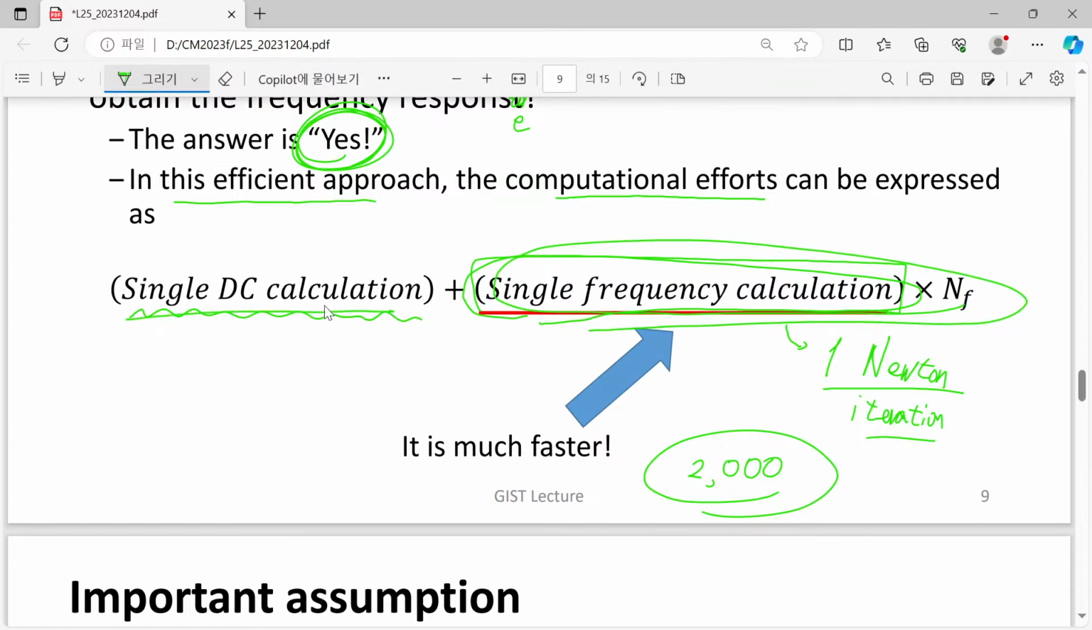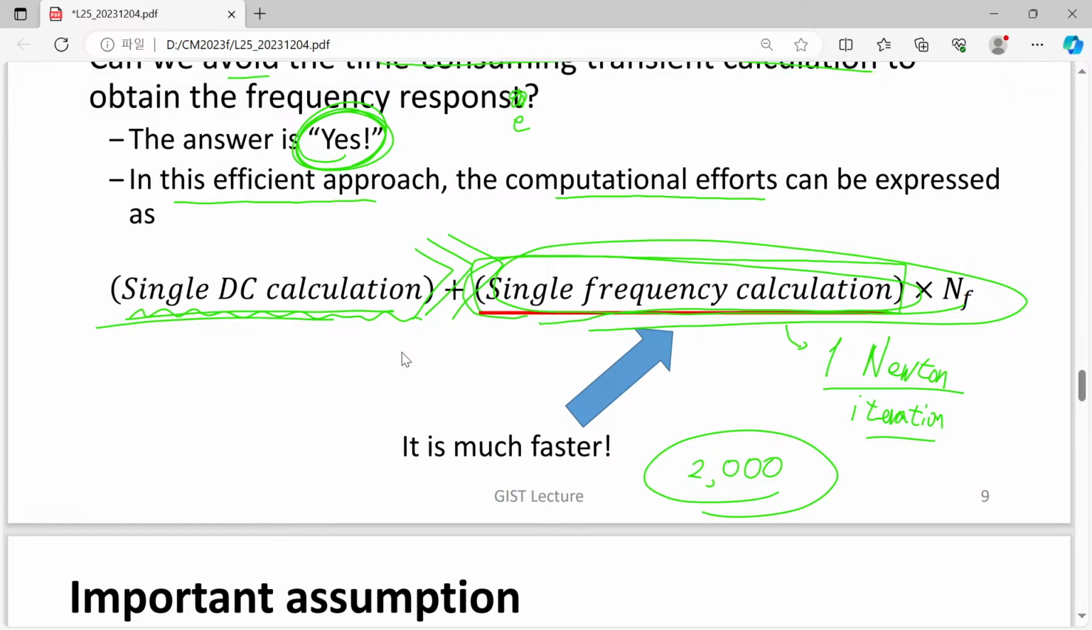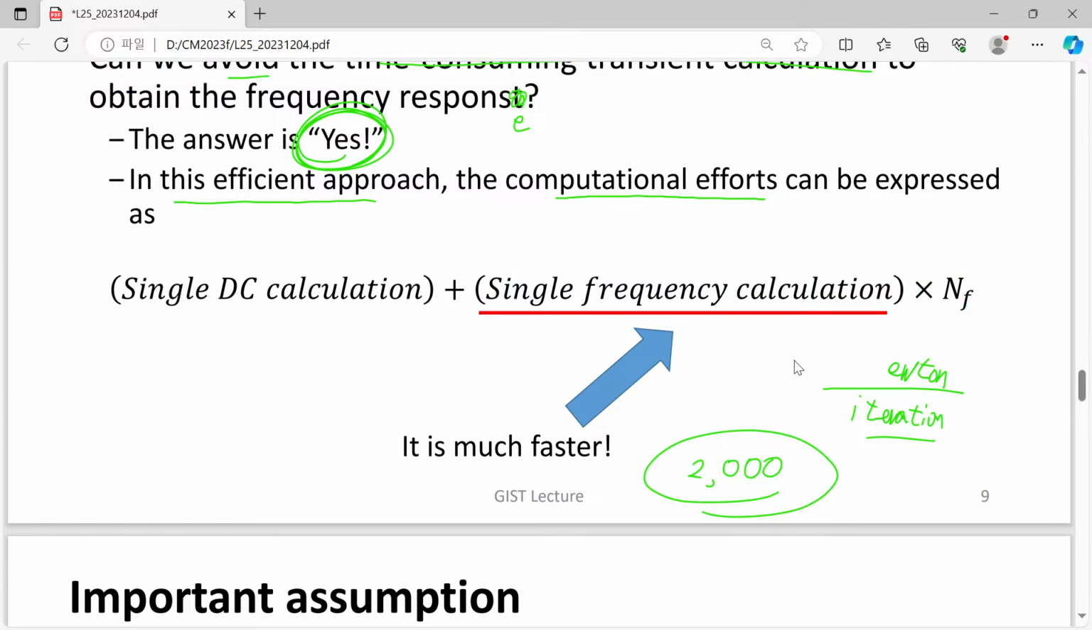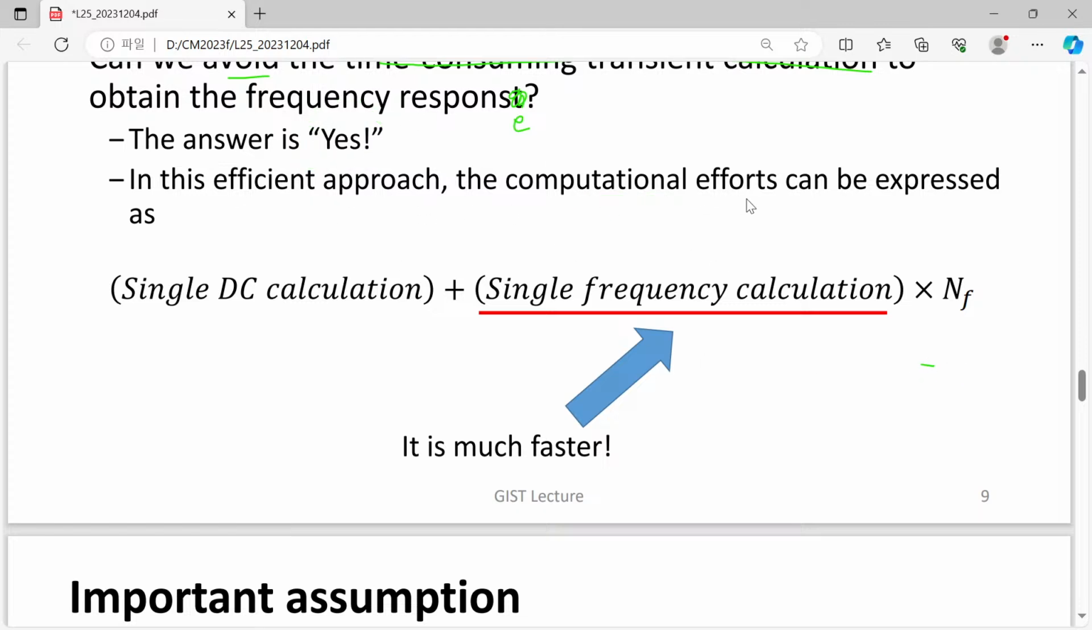Compared with this single DC calculation, actually this one takes even higher computational burden. So simply speaking, frequency calculation comes almost free without much additional computational effort. So it sounds a little bit weird. How can you achieve such a huge improvement when we say just efficient way? But please believe me, and from now on I will explain how you can achieve such a drastic improvement